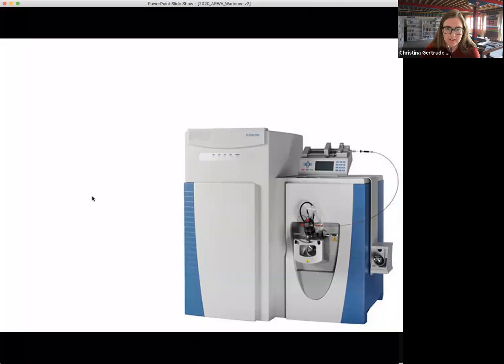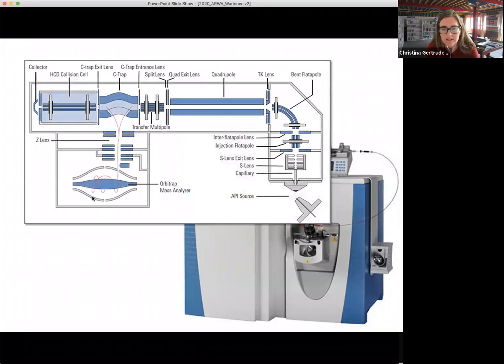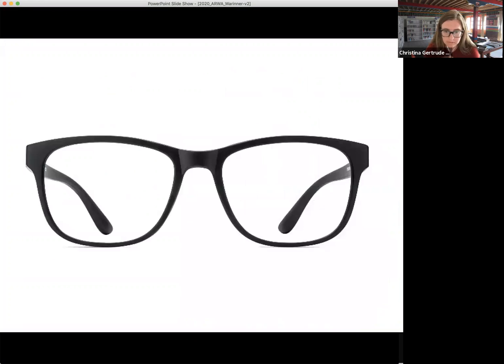So here you see, for example, a Thermo Fisher Q Exactive, which is a really powerful mass spectrometry instrument. And this is what we use to analyze ancient proteins. Together, what these two new technological advancements, these new instruments, allow us to do is effectively to see. They give us much greater focus and higher resolution to be able to detect these